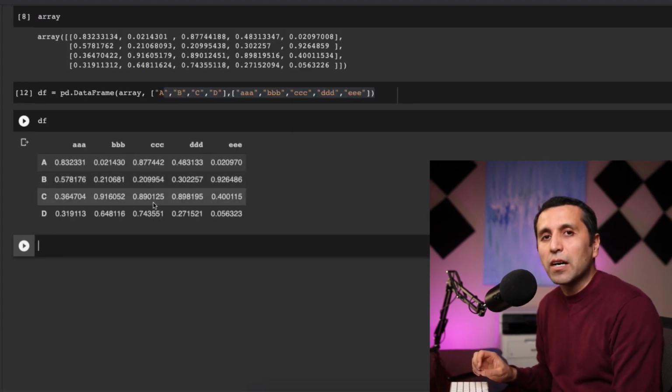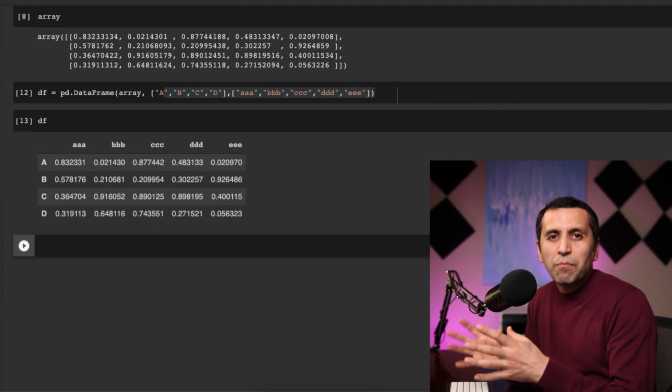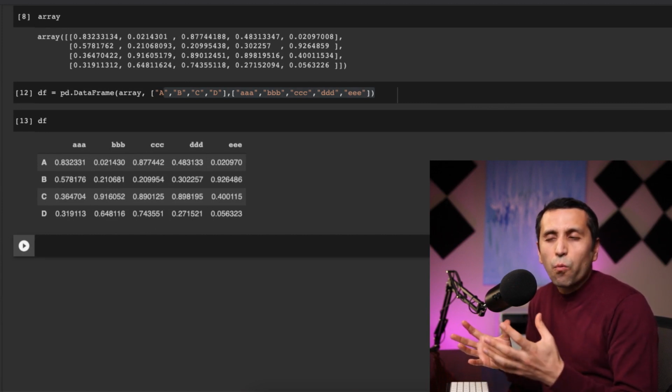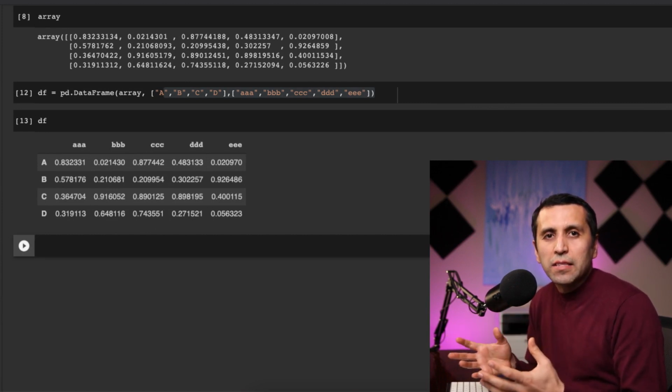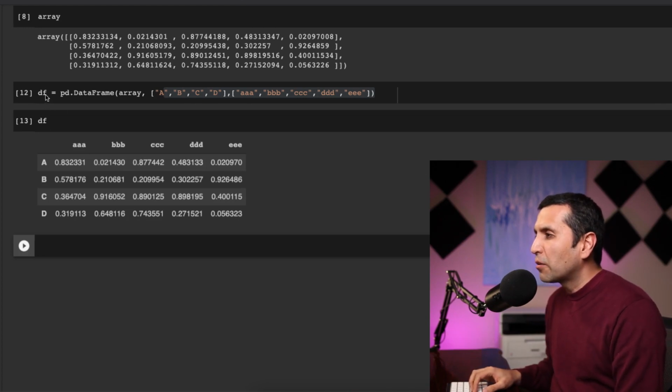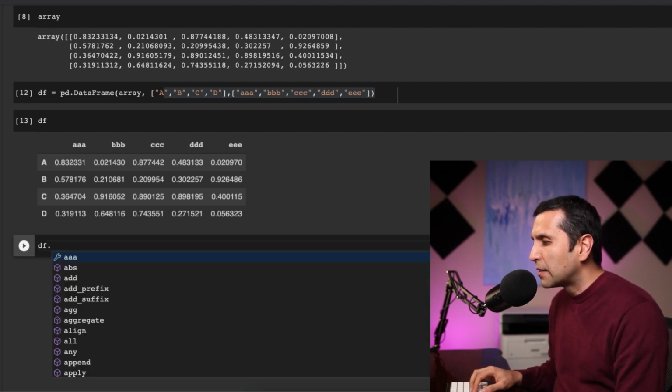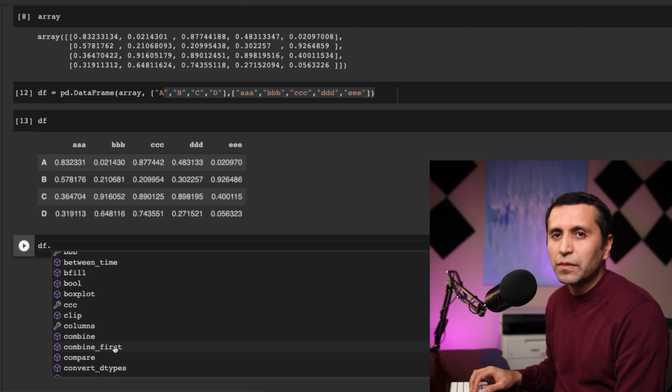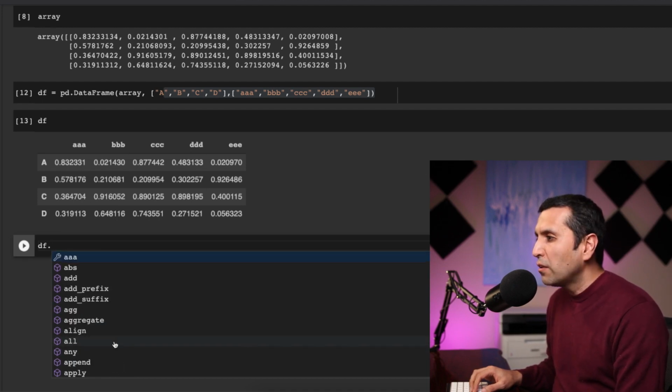So right now I have my data frame, and let's see what different methods I can use on it. As we assigned it to our data frame, let me see what methods a data frame has. I need to type my df and dot, and I see a lot of different methods. So one of them is